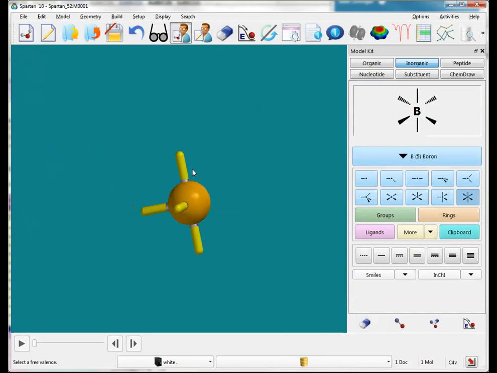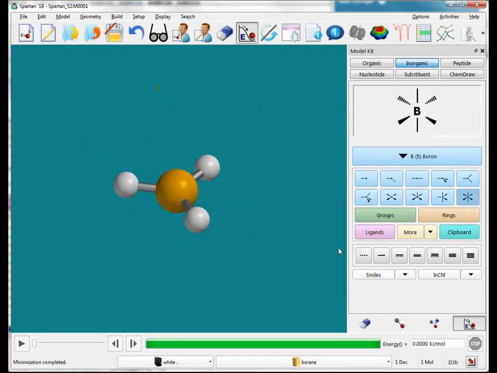And you can use this in conjunction with, oops, edit undo. You can use this in conjunction with the builder palettes down here or tools to make sense of your system. So if you build something that's nonsensical, you can certainly avoid that pitfall by using the building tools at the bottom. There's also in the inorganic builder a set of bonds defined here, and you have the ability to